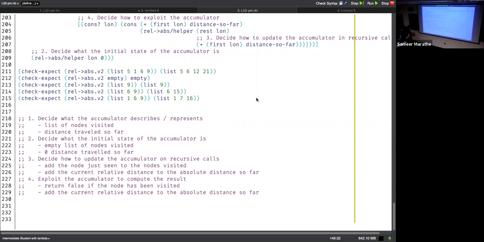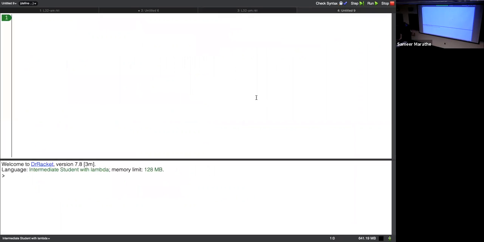And today we'll do a few more examples of accumulators and using accumulators. The first example, and I think I mentioned at the end of the lecture to ask you to think about it, is writing a function to reverse a list. So the first example that I want to look at and see how we can exploit an accumulator is in writing